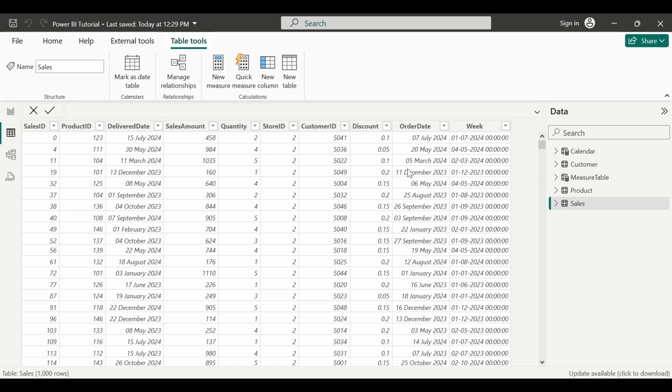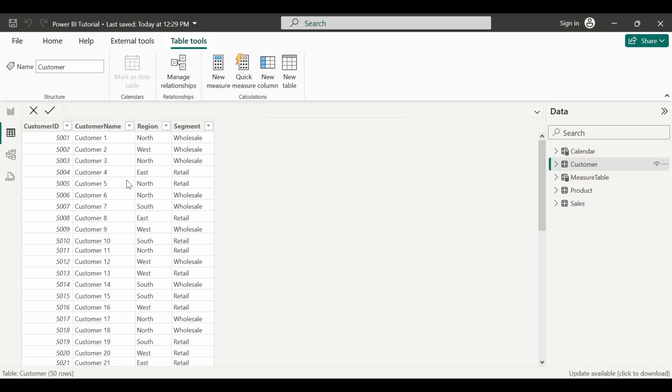Calculated columns are required to have a value which will be static, or at the load time the data will be processed. So for example, I need region and segment to be a single column and I want to have a concatenation on these two columns. So right now I can create a new column here